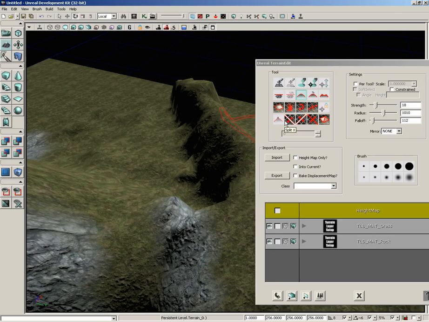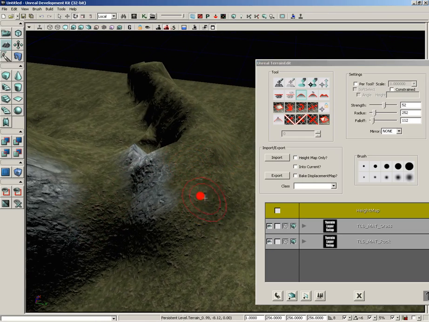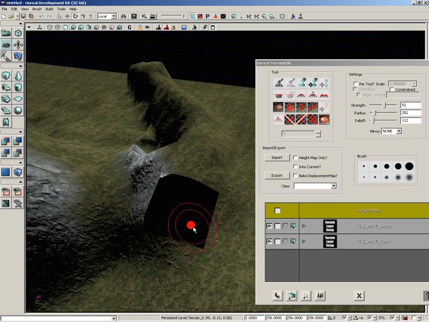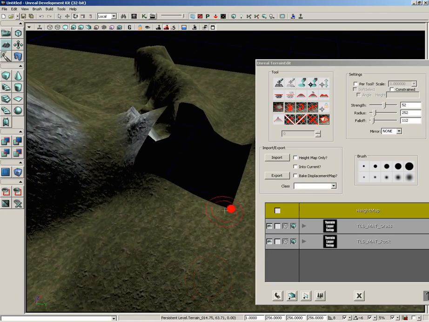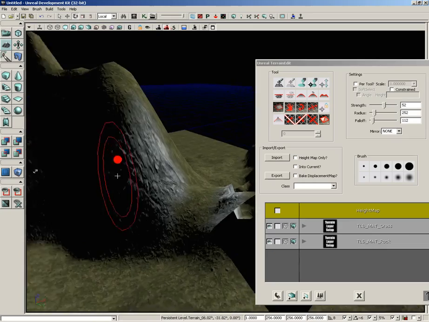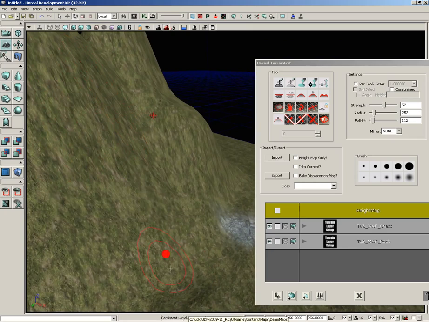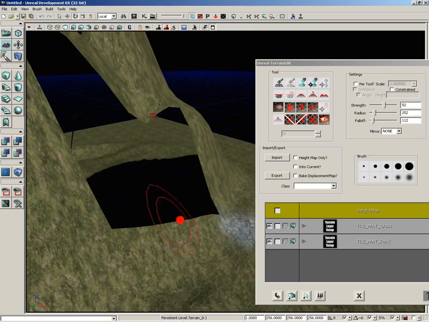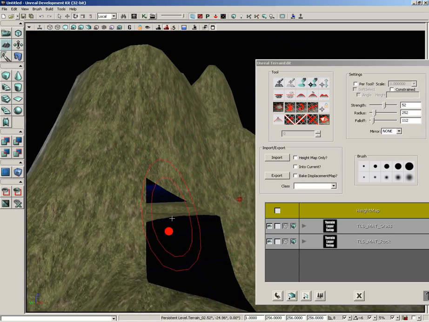Now, moving on from here, we have visibility. This allows you to show and hide sectors of your terrain. Now, this is really important and easy to overlook. If we Control left drag with visibility active, we're taking entire sectors of our terrain and making them disappear. Now, why would you ever want to do that? Well, if your sectors were a lot smaller, then you could use this to cut away parts of your terrain. Let's say if you wanted to make a mountain base, say in the side of this mountain, you could delete out, actually maybe those are a little big, right? Maybe down here. Just delete out this section of the terrain